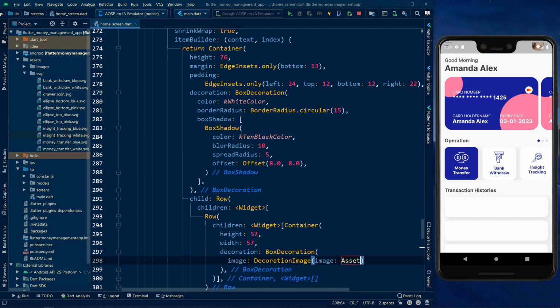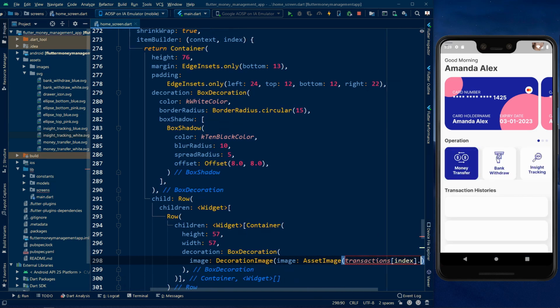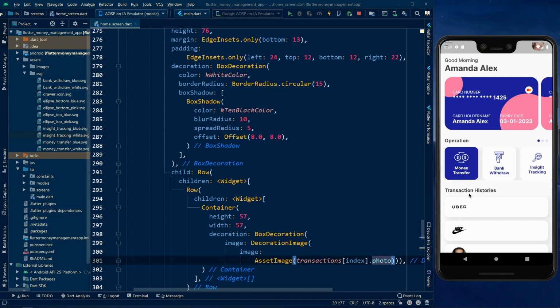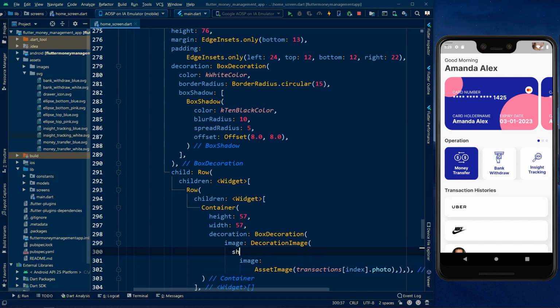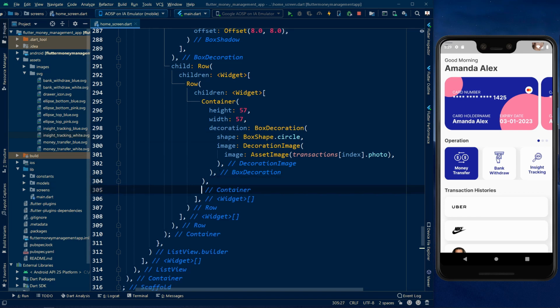So we say assets image, and for the assets file we set it to transaction index dot photo. So let's see, we have 3 items with 3 photos, and we can select here for the shape inside our box decoration. For the shape, box shape dot circle,